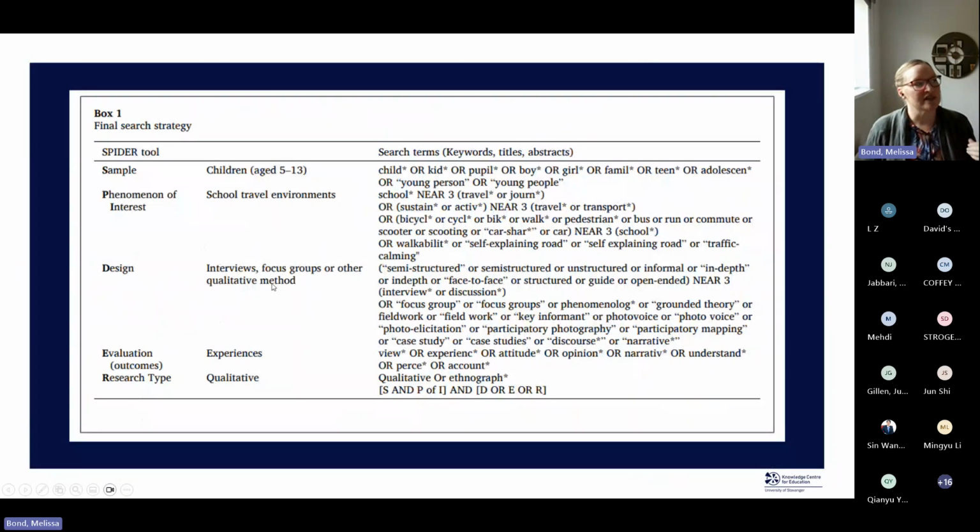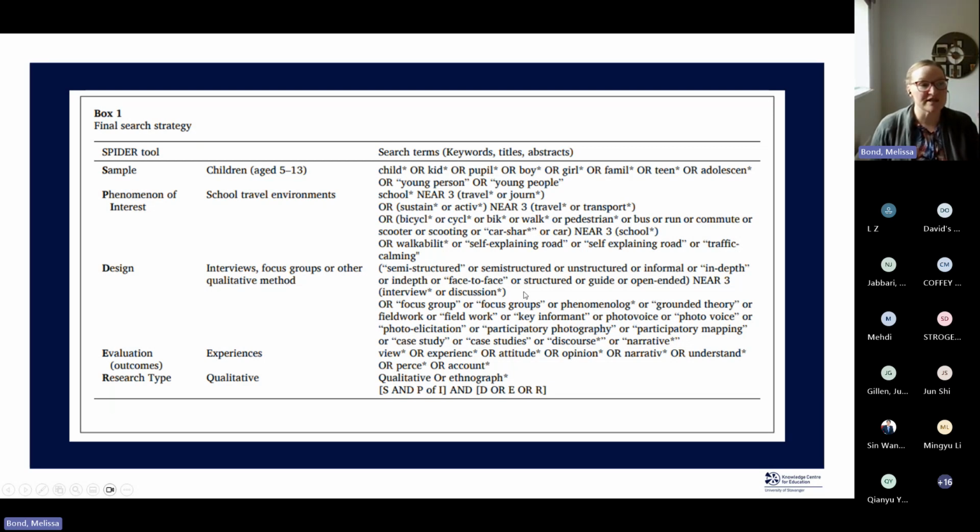And they actually used the SPIDER approach to come up with their search strategy. So here you can see that they were focused on children, which makes sense, and their school environments. But for this particular evidence synthesis design, they chose to include different types of qualitative approaches to data collection.